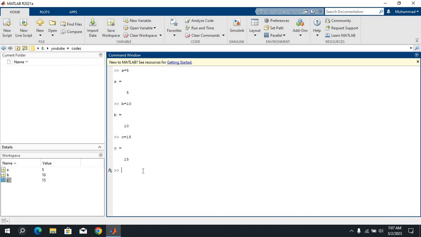Now let's say I am using a new variable. If you want to add two variables, b plus c plus, let's say, the third variable a, then without assigning a variable, you can see MATLAB will automatically assign a new variable and store the result in it. So MATLAB is making a new variable ans on its own,